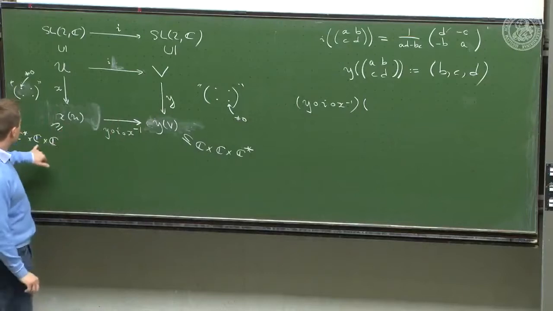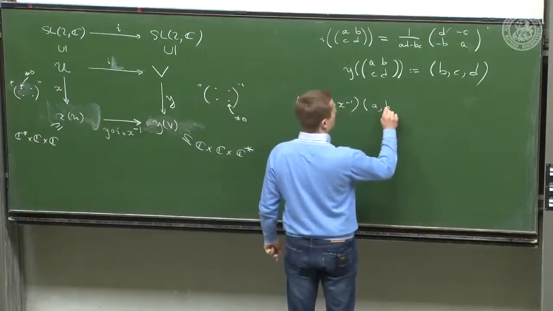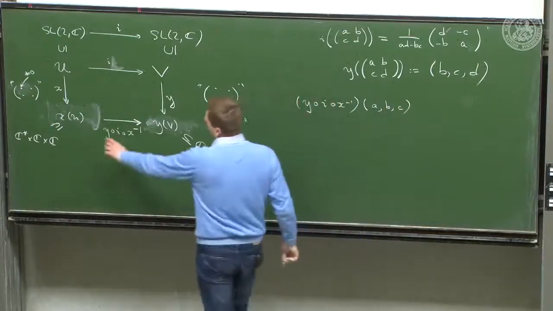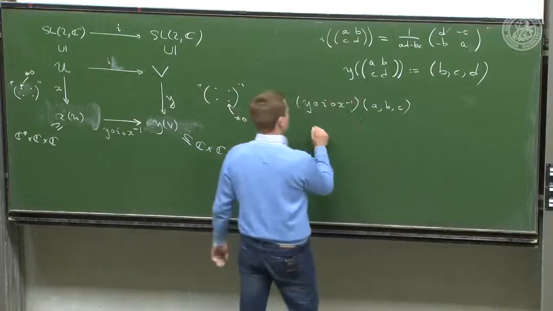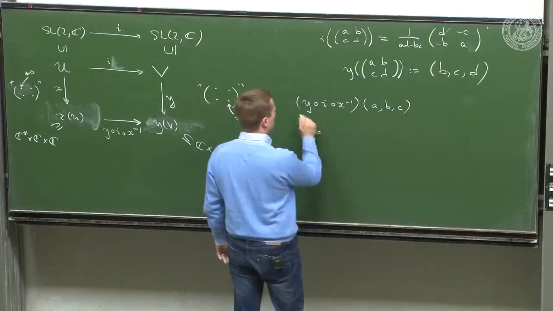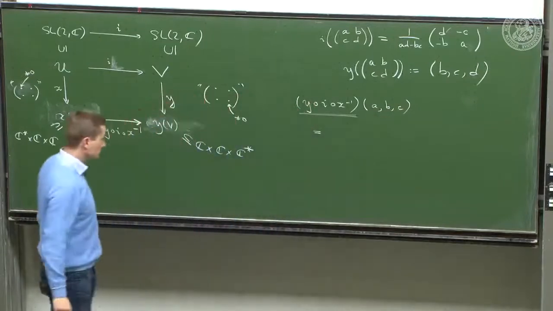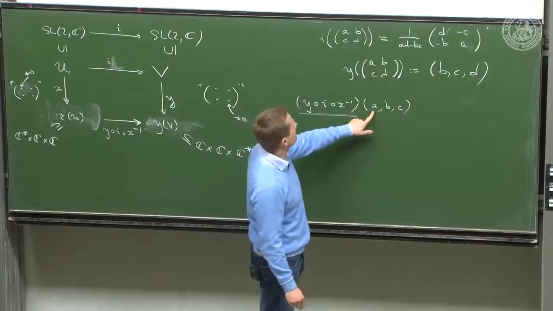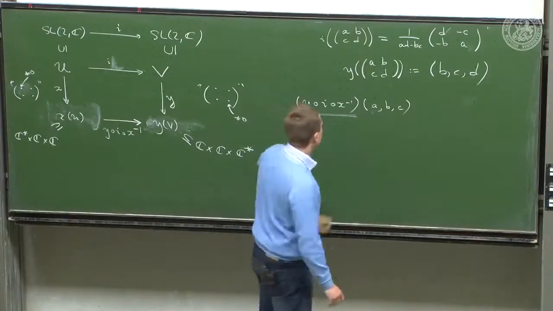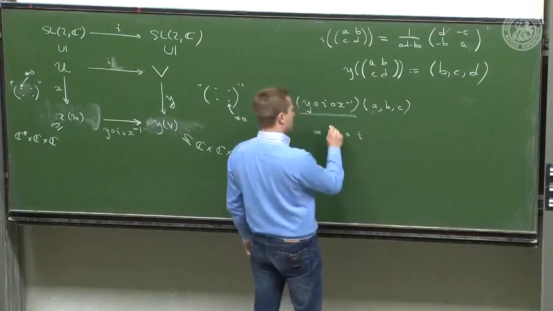It eats guys in here, so we call them ABC. It eats coordinates in here, images there. Okay, so this equals, what is this? So we want to learn about this guy by virtue of its action. So first we take it by x inverse. We take ABC to, let's write it down, y after I